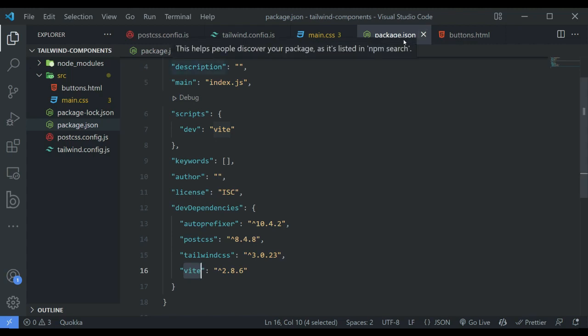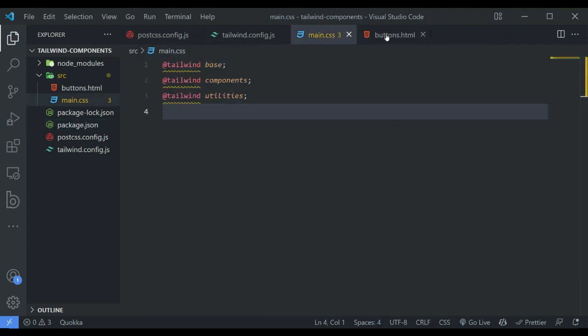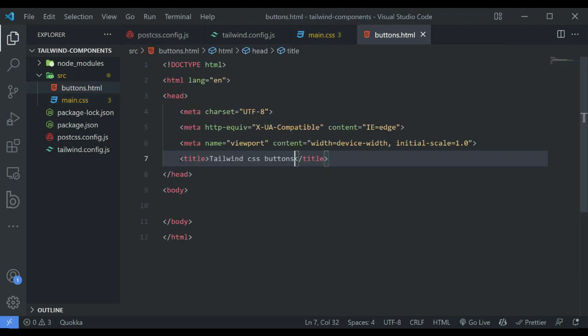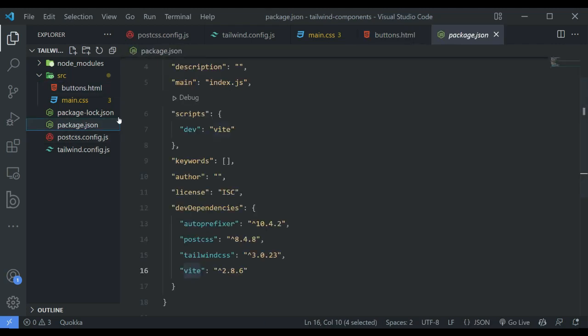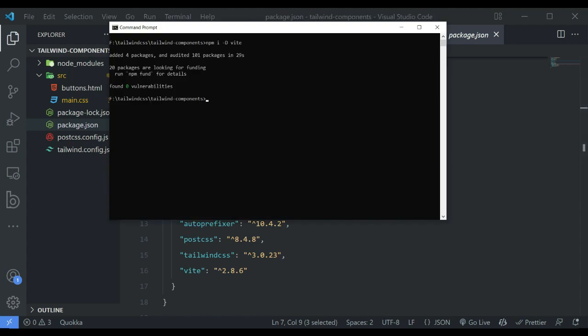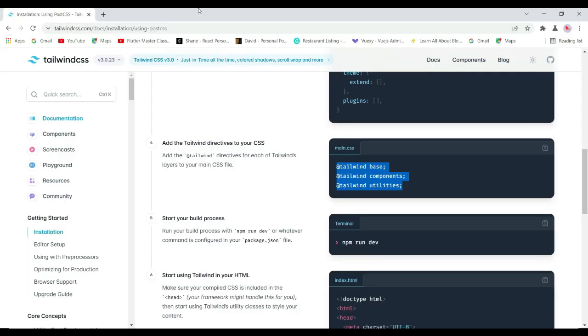Now let's go to buttons.html. Below the title I am going to add link. So /main.css. Now we have to run basically this script dev. So cls npm run dev. Yeah, and let's go to the browser,